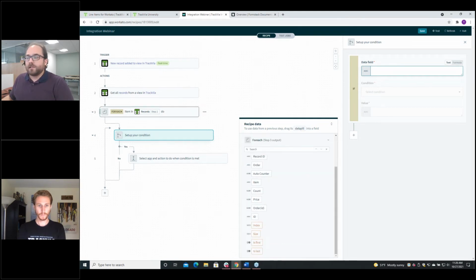So the relationship field is right here, so it's order, and then there's a second version of the relationship field called order ID. What this means is that it is looking in that relationship field, and it's pulling out the underlying database ID for that record. So if I take this right here, what this is saying is, show me the underlying unique ID for the parent record of each of these children.